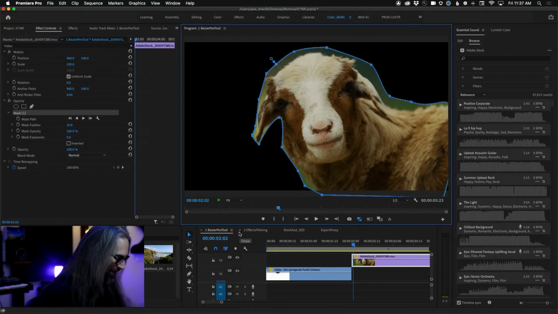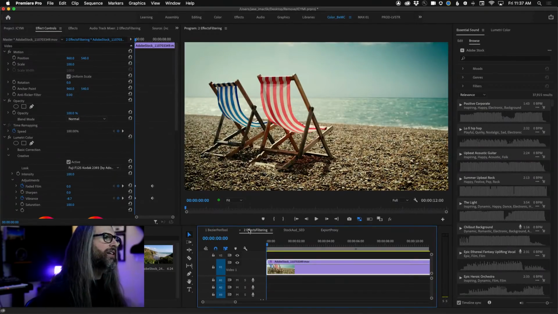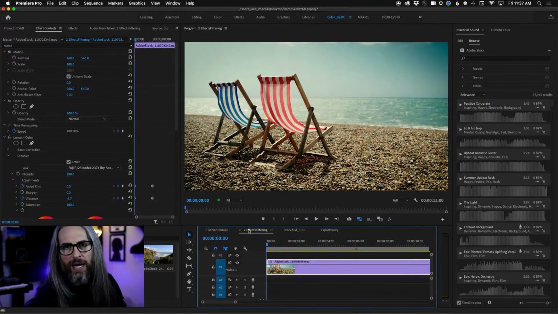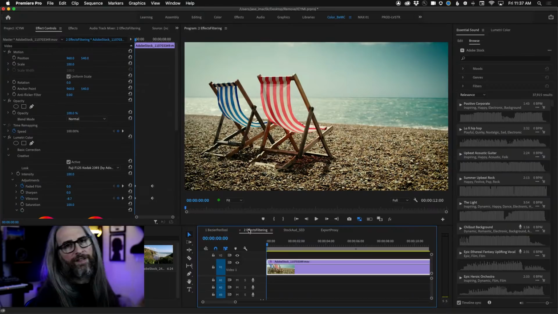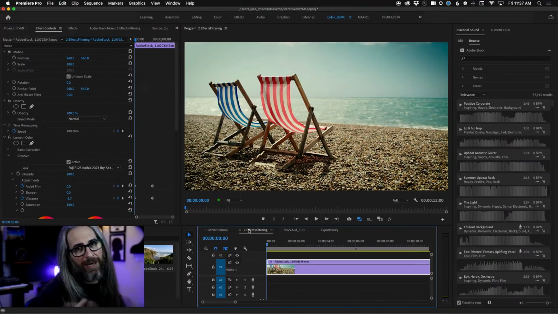Very, very nice. Okay. I think effects filtering is next. Yes, it is. Okay. So this next one here, this was a user request. This is something that I've been asking for. And once again, I almost hate to use such hyperbolic statements, but it's true. This feature alone, effects filtering, if this was all I got last year in terms of small things that are big, this would be it. Pen tool's great. Again, I don't design, this is basic masking. It wasn't too detrimental to me to not have that prior to last year. But this one here, game changer.